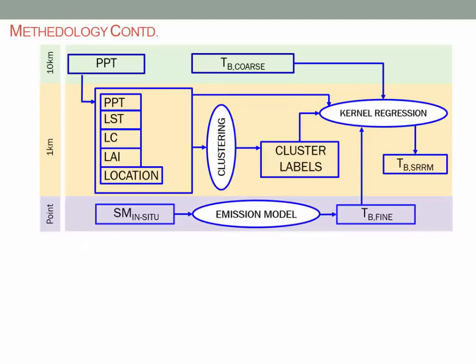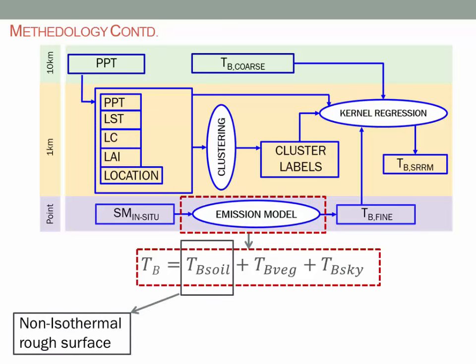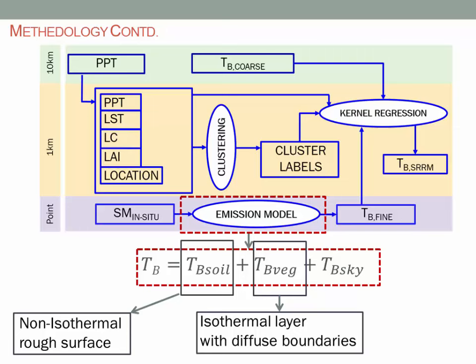After we have the cluster labels, we use in situ brightness temperatures for training, and the in situ brightness temperatures were estimated using the tau omega model, and we consider the soil to be a non-isothermal rough surface. We consider the vegetation to be an isothermal layer with diffuse boundaries, and the downwelling sky temperature was considered to